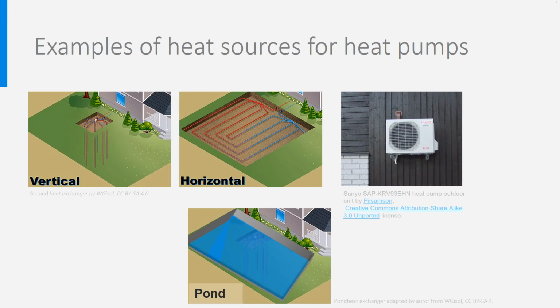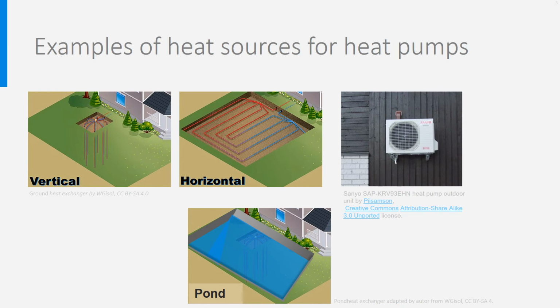You see here some examples of heat sources. In the first and second ones, the heat source is the ground and a pipe filled with, for instance, water and glycol is circulated in a closed loop through the ground and connected to the evaporator. The first one is a vertical heat exchanger, very useful when there is not much space, like in a city. The second one is a horizontal one, easier to place but asking for a large surface. These types of ground heat exchangers are suitable for small buildings. For large ones, other solutions like aquifer thermal storage have to be applied or groundwater heat pumps.